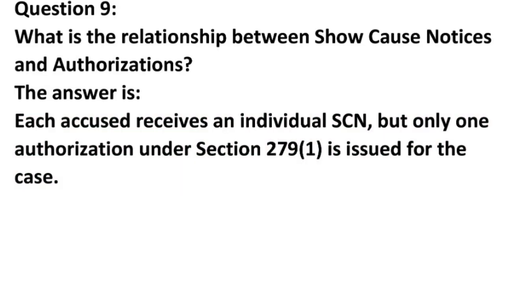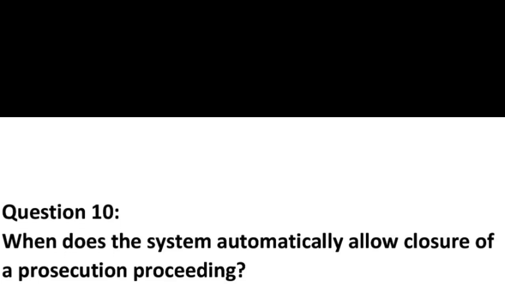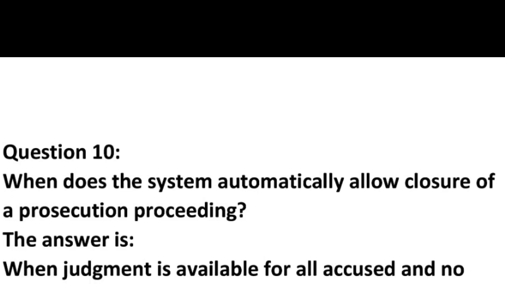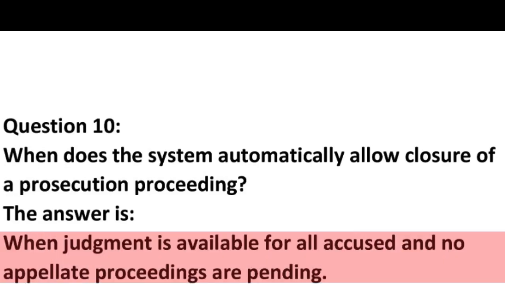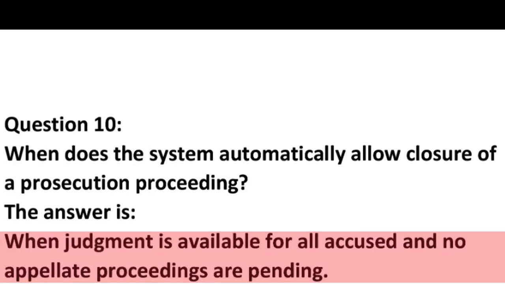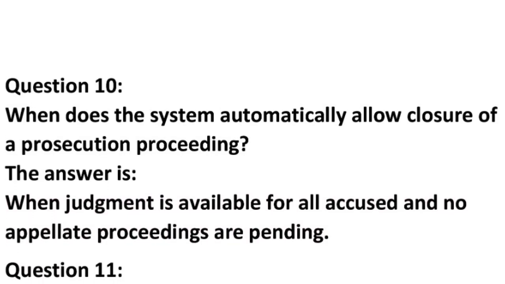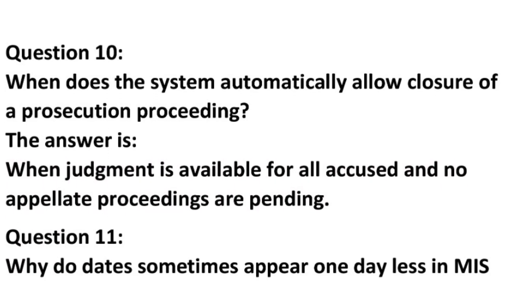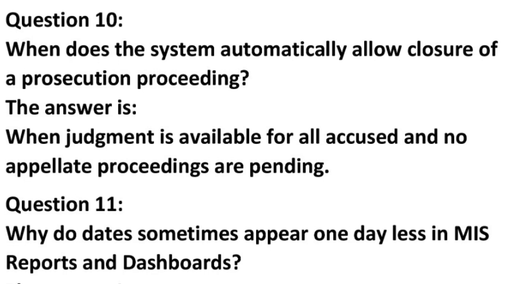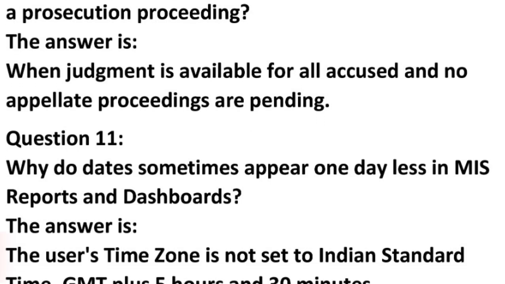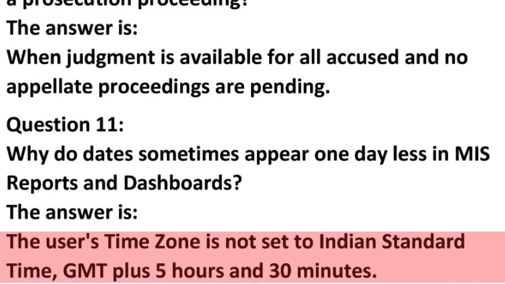case. Question 10. When does the system automatically allow closure of a prosecution proceeding? The answer is when judgment is available for all accused and no appellate proceedings are pending. Question 11. Why do dates sometimes appear one day less in MIS reports and dashboards? The answer is the user's time zone is not set to Indian Standard Time, GMT plus 5 hours and 30